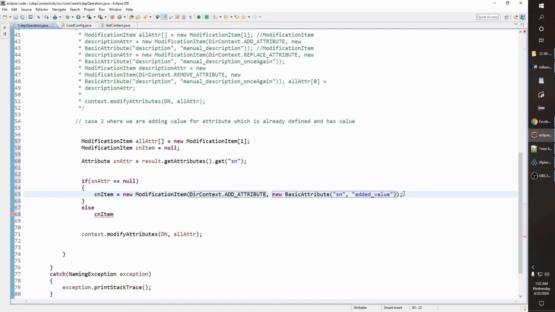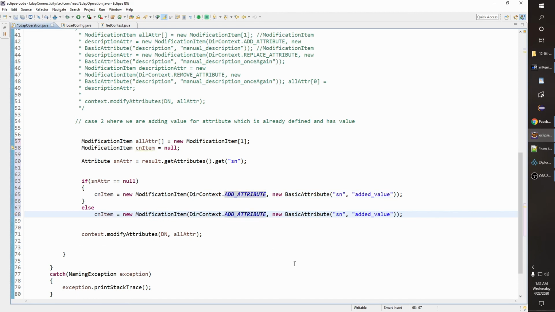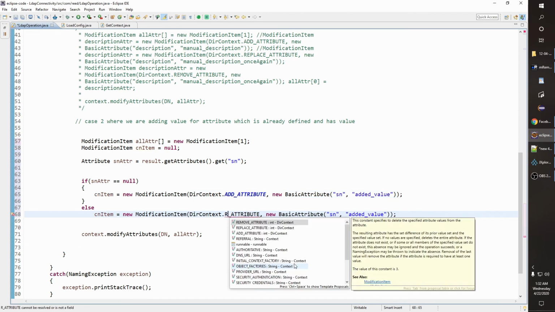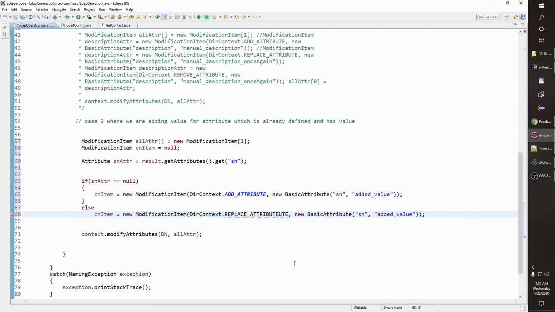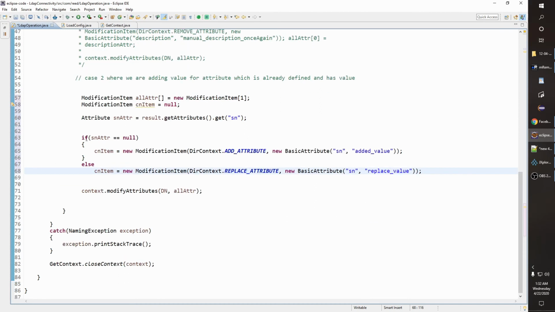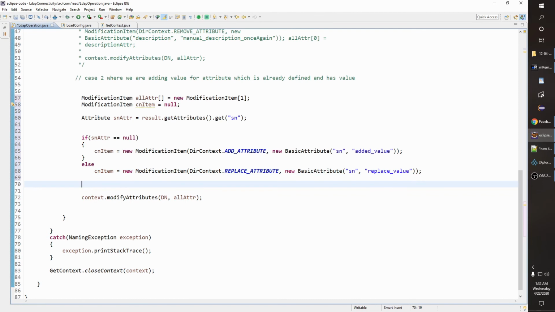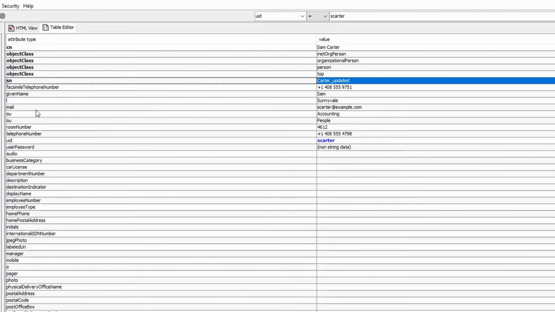And new modification, here we have to have replace attribute, replace value, and now we have to add this into all attribute zeroth index is equal to cn item. Done. We are good. So right now SN value, what is SN value? Carter updated. Let's run it.